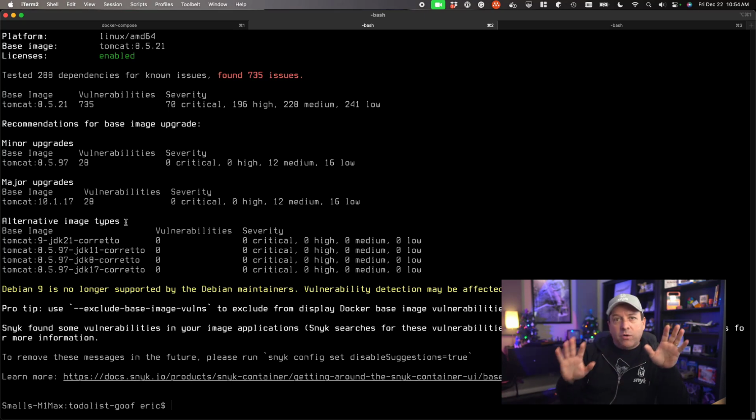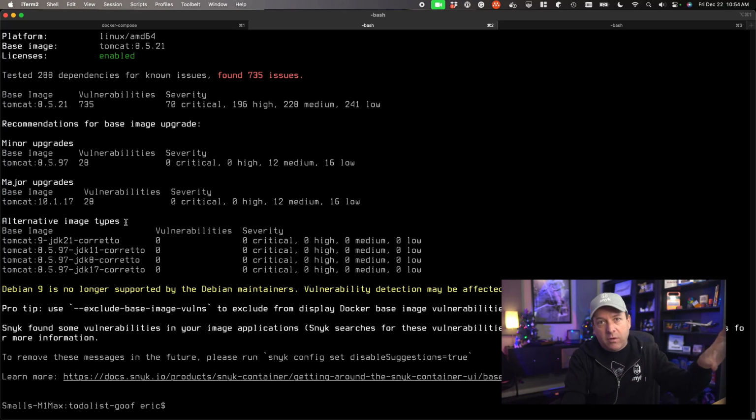But even if I'm a junior developer, I don't know anything about base images. May not even be a middleware person. I don't know Tomcat that well. I can take this information and proactively go to my lead or my middleware team or my security analysts or all of them and say, red flag, folks, this looks bad to me. Can we talk about this? And have an educated discussion now about the output I'm seeing here.